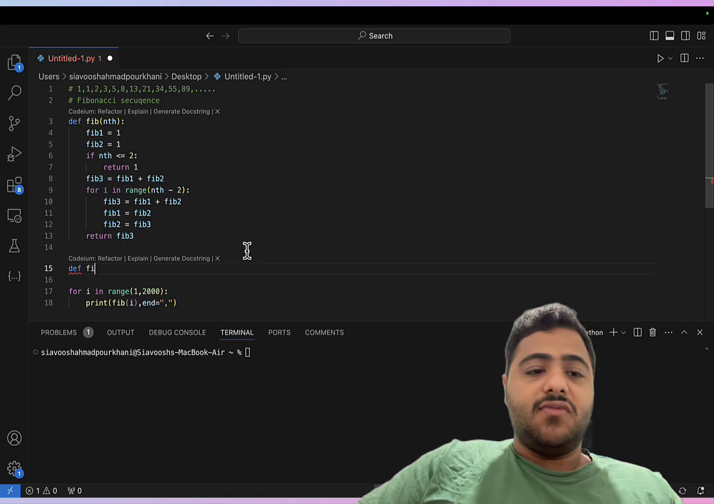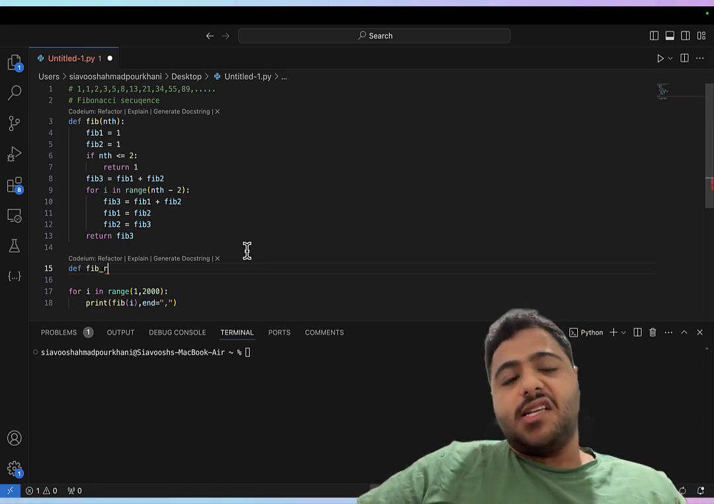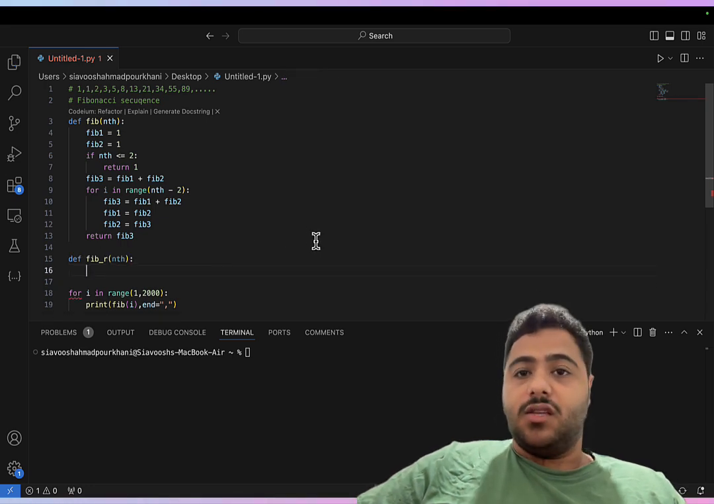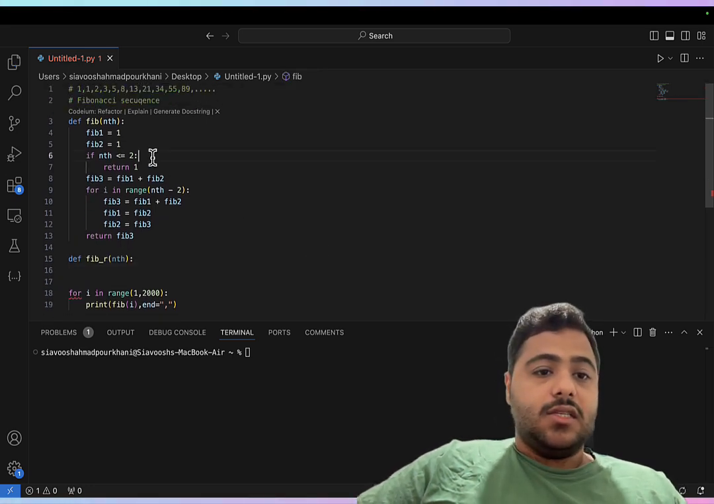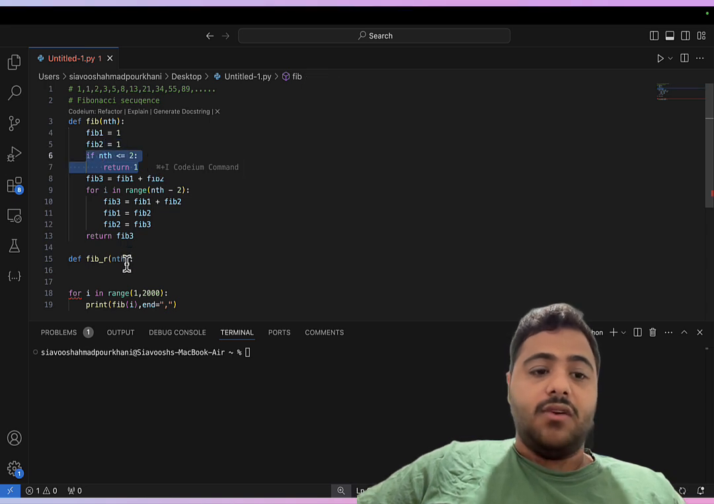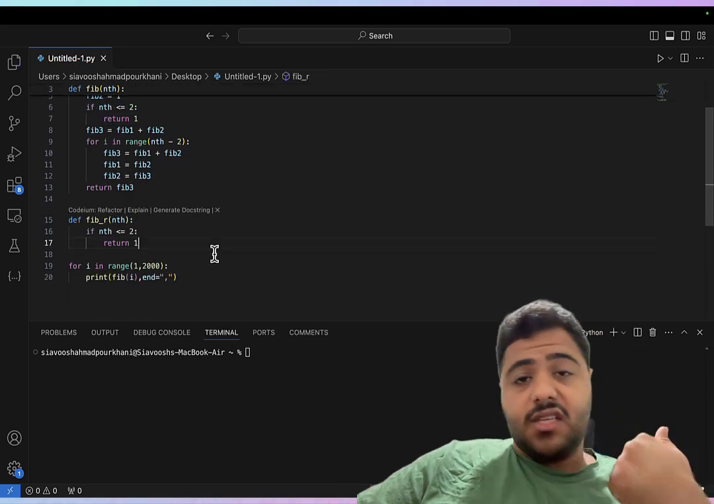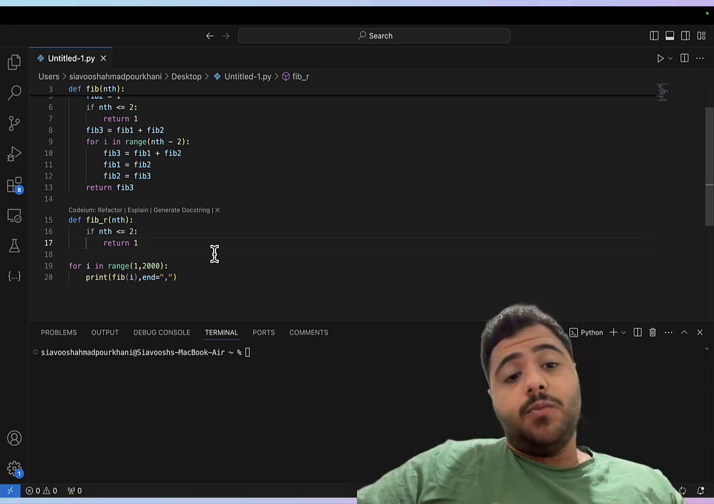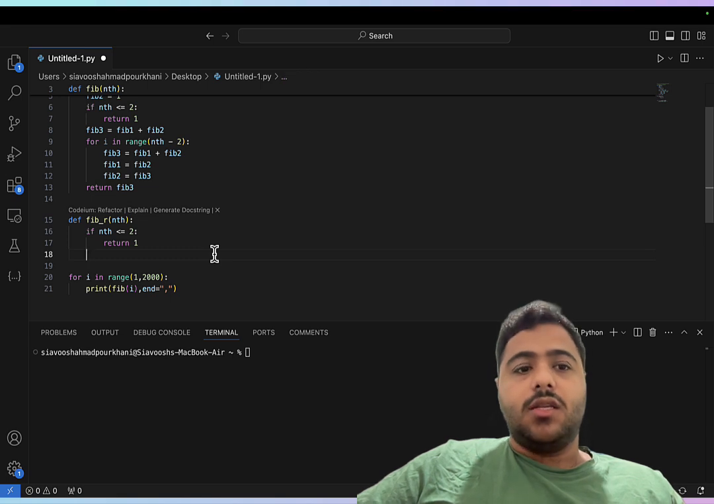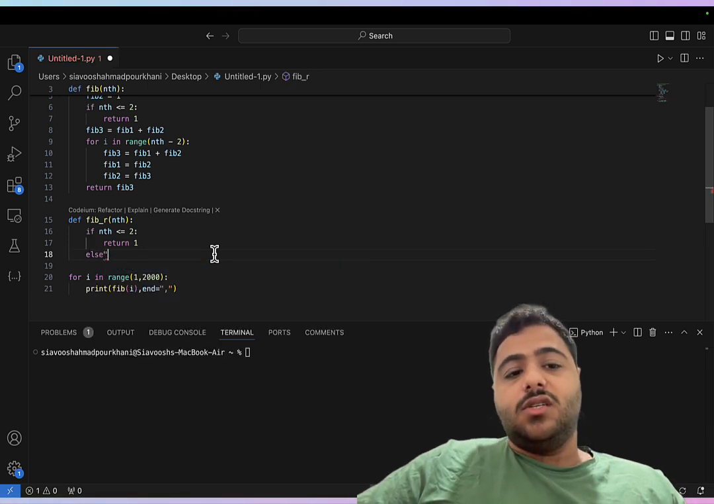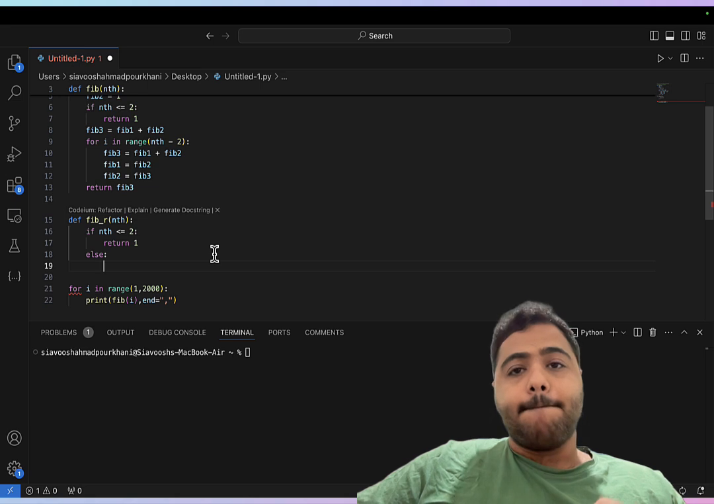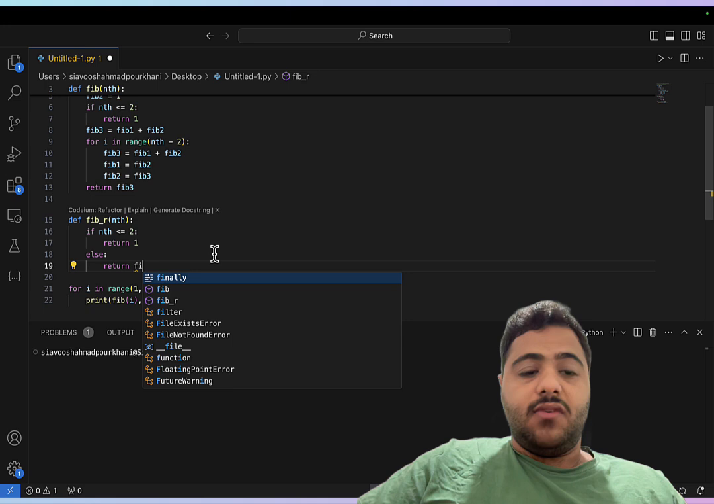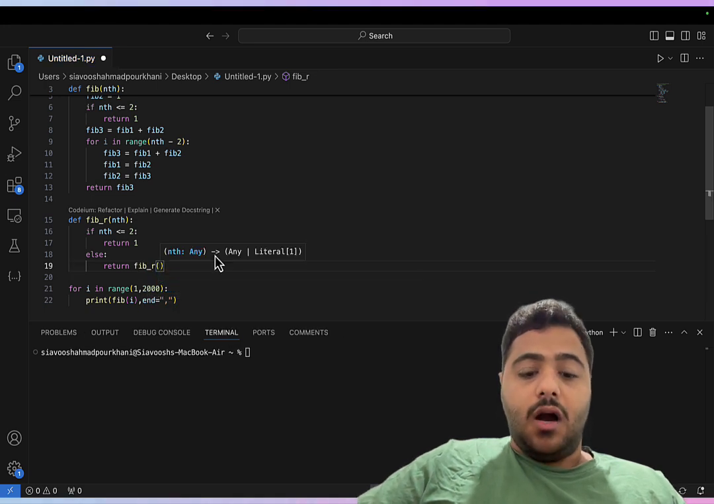I'm going to call it fib_r, which stands for recursive, and the nth argument we already knew. In this condition here, we know that if the nth number is less than or equal to 2, the result would be 1. But what about the otherwise? The otherwise, which is else, it's going to return the result of fib_r of